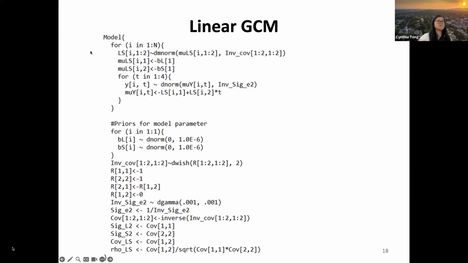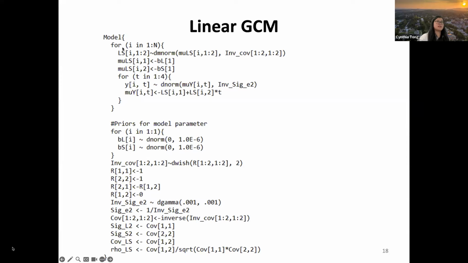Okay, so here I will just talk about the model part, like how you specify your model. In JAGS, this model part for the linear growth curve model would just be like this. In this model part, we first specify our model or the likelihood, and then we put our prior information in, and finally we can reorganize the parameters to make it easier for us to track which parameters we want to estimate. So for a linear growth curve model, this part is really just how we specify our model or the likelihood.